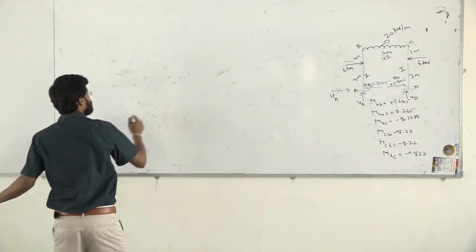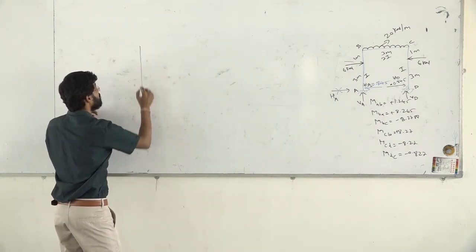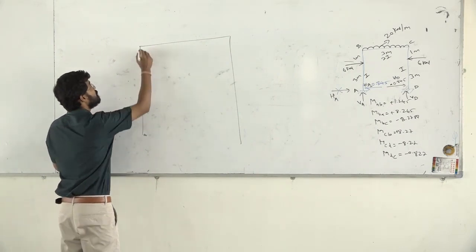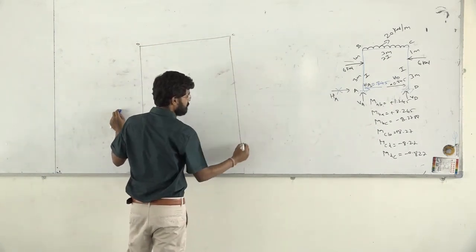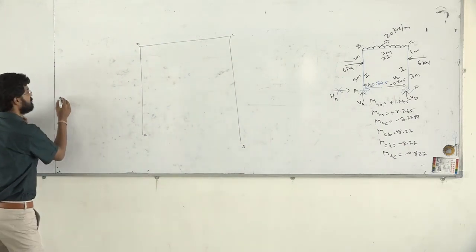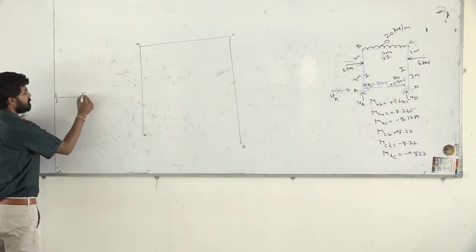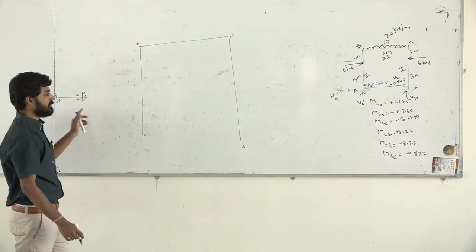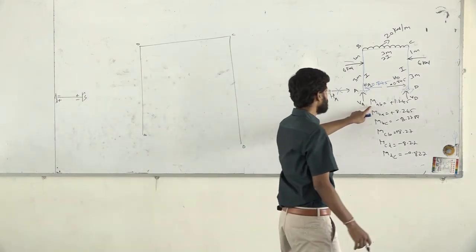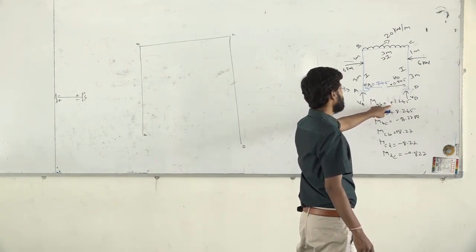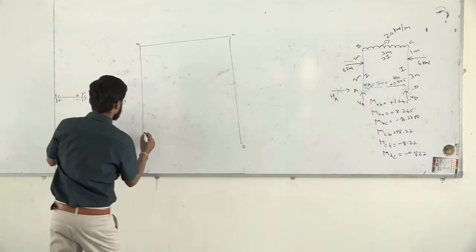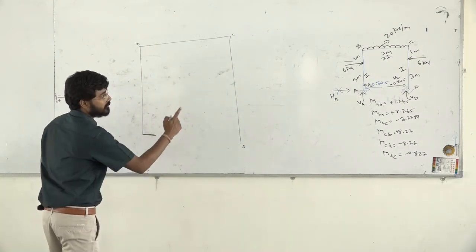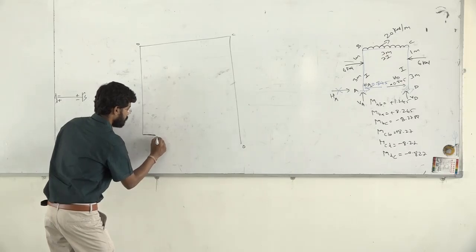Now let us draw our bending moment diagram. Now if you see here, bending moment diagram, first one was here A, this is here B, this is here C, and this is here D. And I have already given you the sign convention. If this is my fixed support, minus, plus, this is again plus, this is minus. Now let us come to our first point, MAB. MAB we have got as plus. Plus means that you have to draw it inside. So it will be coming somewhere here, which is equal to 1.245.